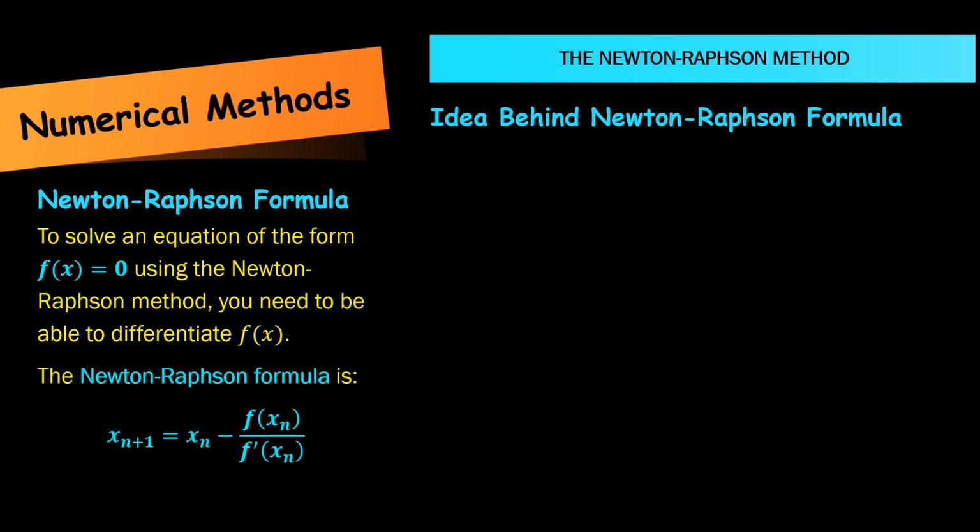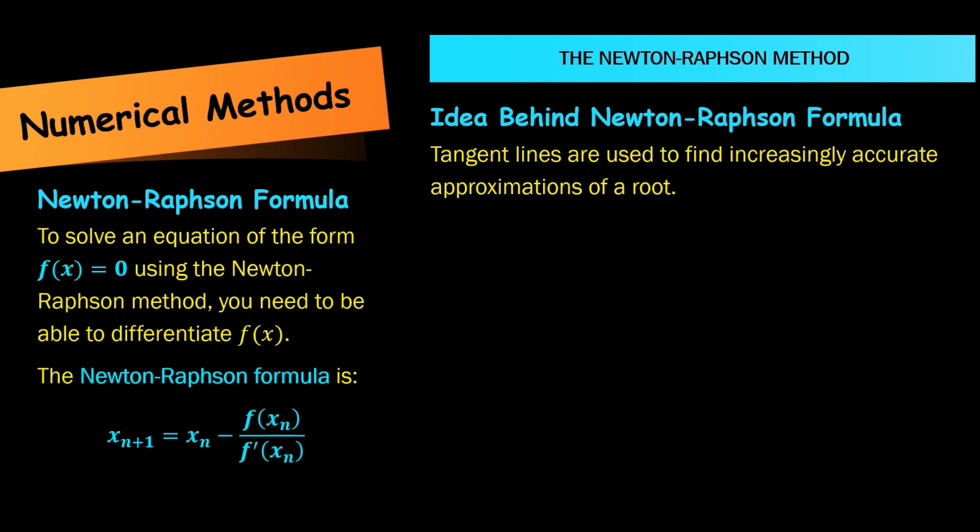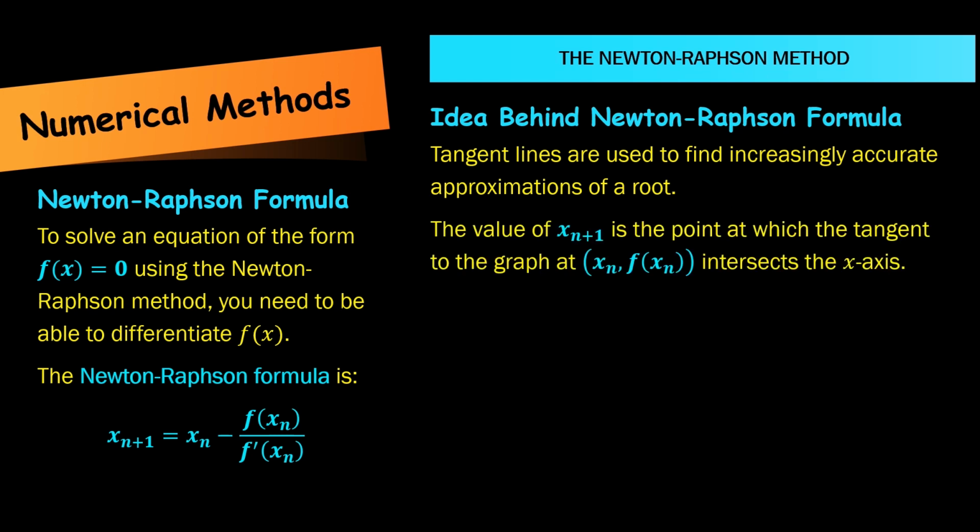Let's take a look at the idea behind the Newton-Raphson formula. Tangent lines are used to find increasingly accurate approximations of a root. The value of xn plus 1 is the point at which the tangent to the graph at xn, f of xn intersects the x-axis. So, for example, if we consider this graph and this sketch of y equals f of x,